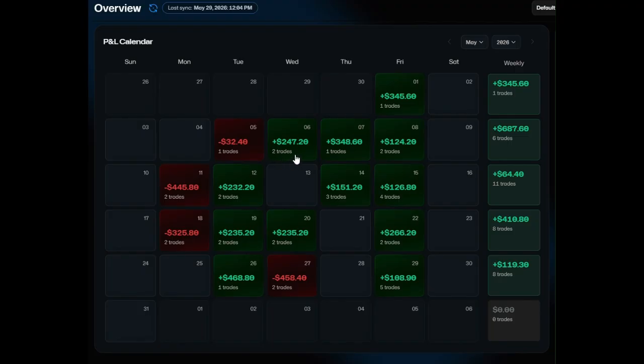Like this one, usually when it's two trades, it's because I lost the first one and then did a second one to win. Same thing here, two trades. So it's like I lost one and then won the second one. Here I lost both, here I lost both, here I lost both. But for this 4 trade day, I think I lost the first one, then won a second one, and then I was playing around with it and did like some small contracts that day. That's why so many. Same thing over here. And then yeah, we already know what happened today.